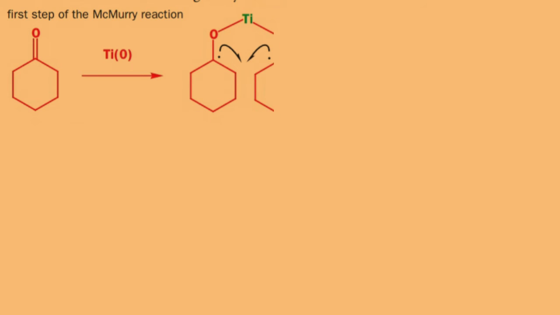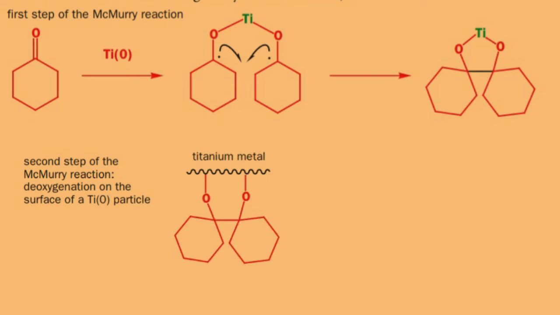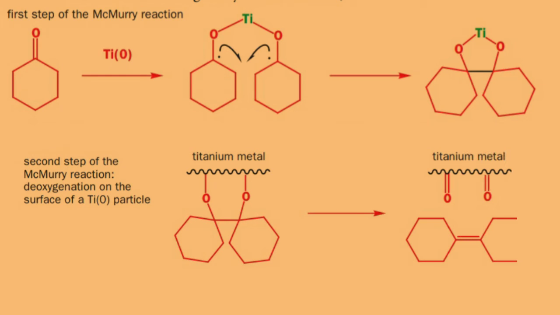The McMurry reaction is believed to be a two-stage process involving firstly a Pinacol radical-radical coupling. The titanium 0 proceeds to deoxygenate the diol by a mechanism not fully understood but thought to involve binding of diol to the surface of titanium particle produced in the reduction of TiCl3. So over here we can see that titanium metal is removing oxygen to form alkene.